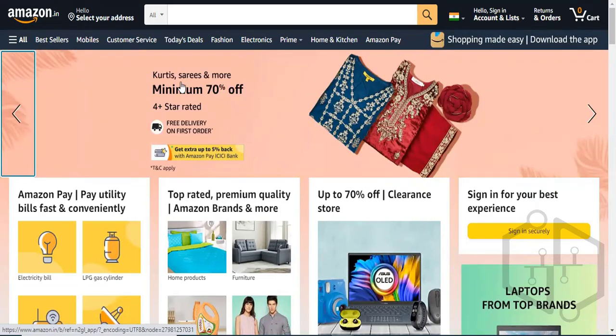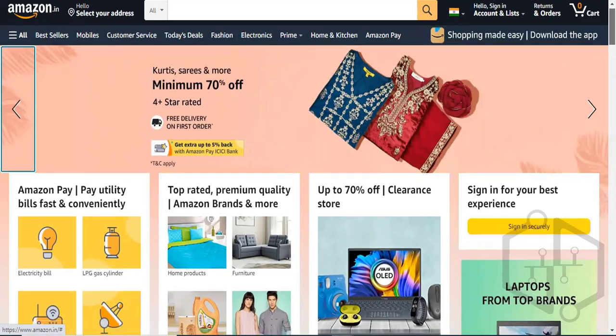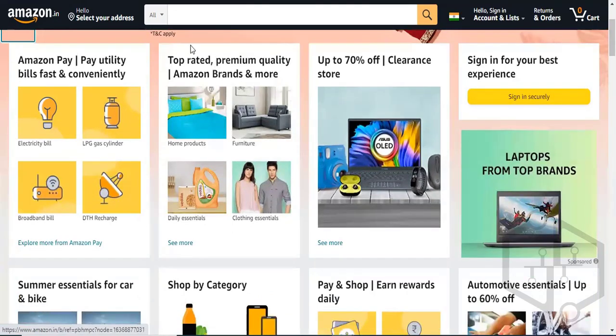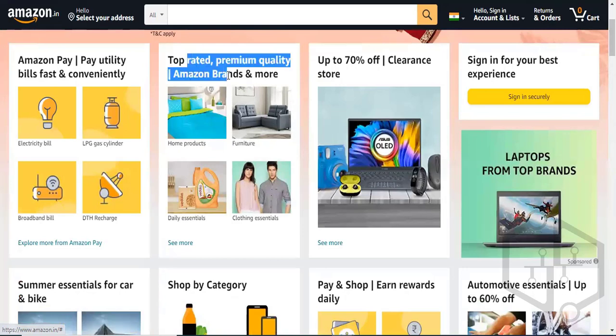Plus above that, you will have a navigation component. And below that, you can have a cards component where within a card you display the headline, and below that the images and some text or description.